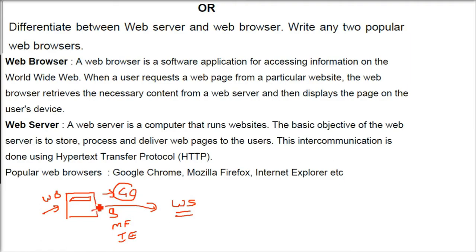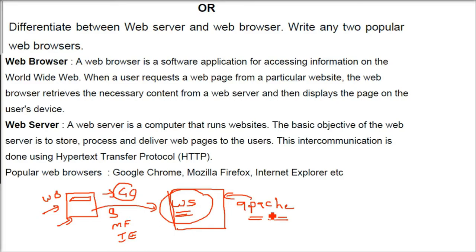Okay. So whenever you deal with this, say you are doing banking or some e-commerce activity. So you are taking ICICI Bank or any bank, say whatever, that website is placed on the web server. And it may be a very big machine, very powerful machine, because it may be handling multiple clients. For example, Apache, Tomcat, these are examples of web servers. So this is how you have a powerful system, because multiple clients are actually working. These multiple web browsers are working or expecting things from the web server.